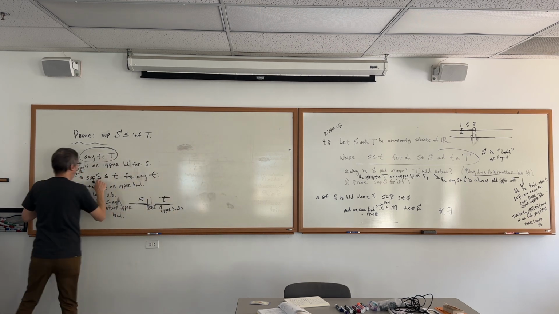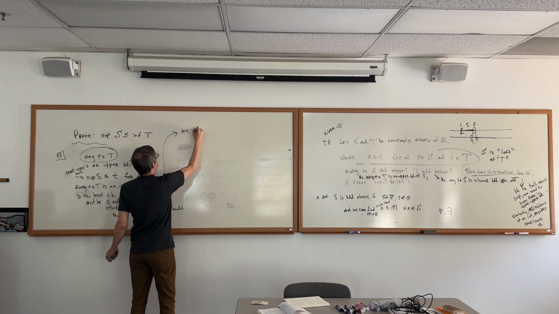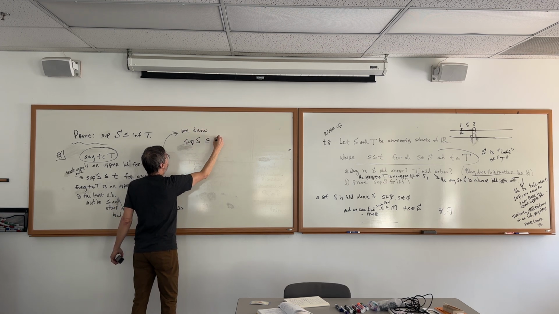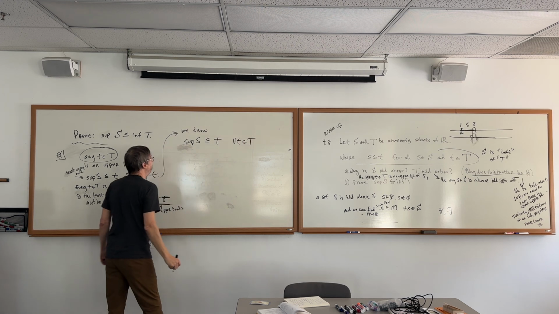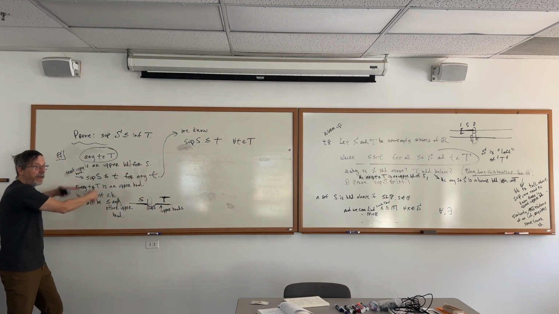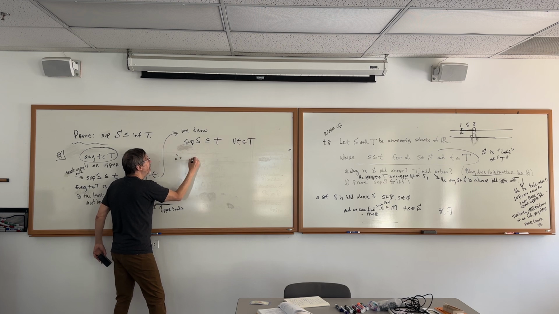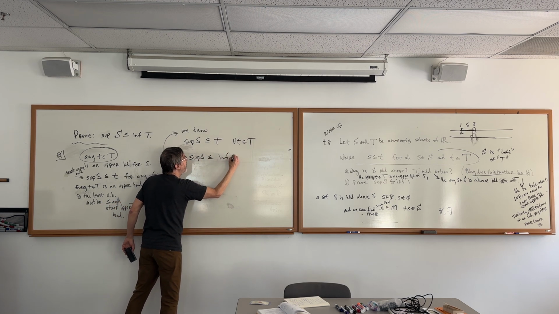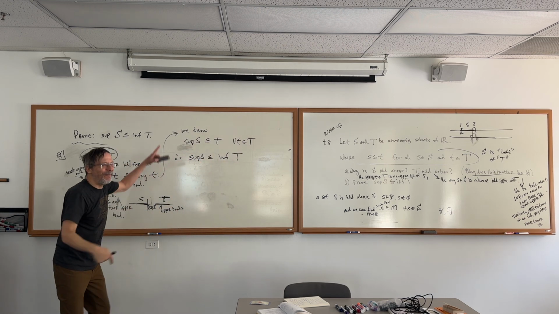So now we've got this. We know this. Let's just copy that statement up here. So we know that the supremum of S is less than or equal to t for all elements t of T. In a similar argument to this, with the same words, therefore, sup of S is less than or equal to the inf of T. Why? How do I make it from there to there?